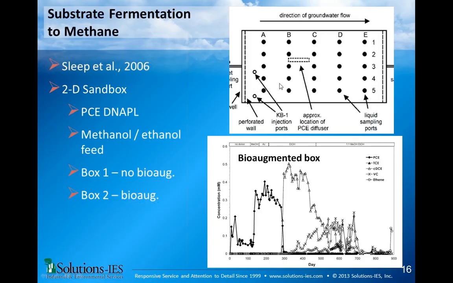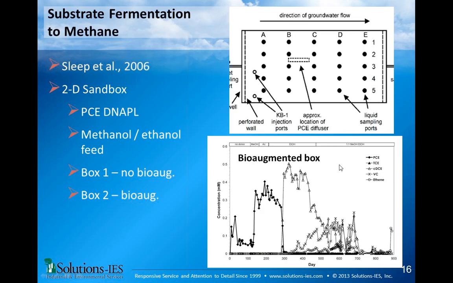If you just look at this data, it looks really good. And eventually it declines down to really low numbers where basically there's no ethenes coming out anymore. And it looks like they cleaned up both boxes. Well, the problem is that's not actually what happened. When they went back and did the mass balance,